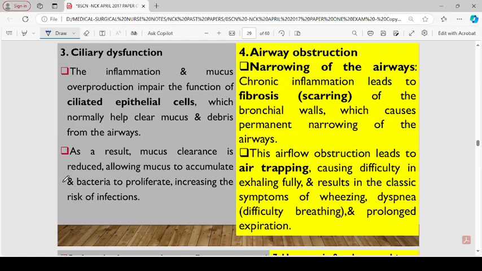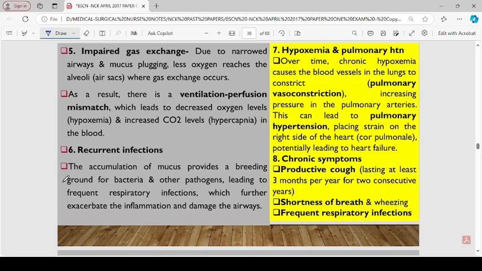This airflow obstruction leads to air trapping, causing difficulty in exhaling fully, resulting in the classic symptoms of wheezing, dyspnea, and prolonged expiration. That leads to impaired gas exchange. This is due to the narrowed airways and the mucus plugging. So we have less oxygen reaching the alveoli where gaseous exchange occurs. As a result, there is a ventilation-perfusion mismatch, which leads to decreased oxygen levels and increased carbon dioxide levels